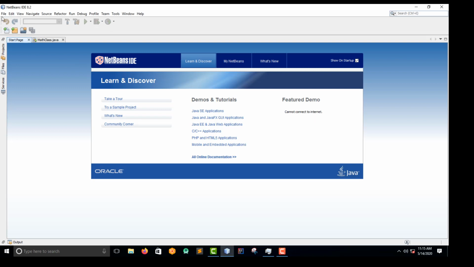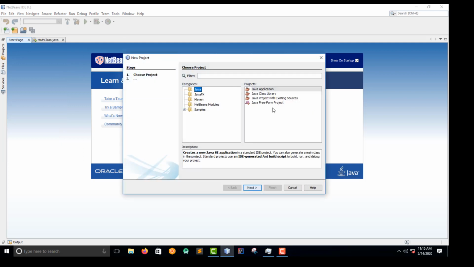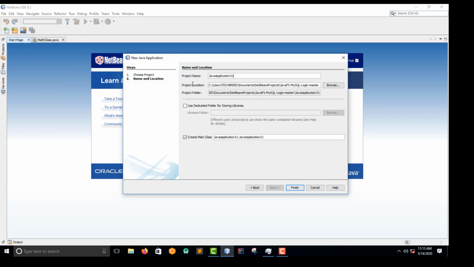So guys, let's create a class here. I'm going to create a Java application, and then I go to next. What kind of name are we going to give this class? Can you give me some suggestions, guys? Let's call it, because we've been with switch, Java Switch, right? So I'm going to call it Java Switch. That's it. I'm done.